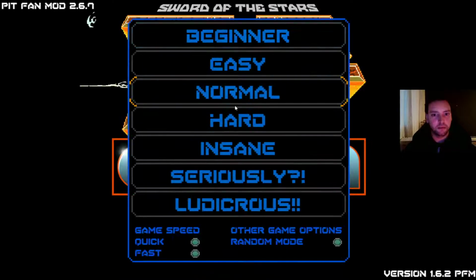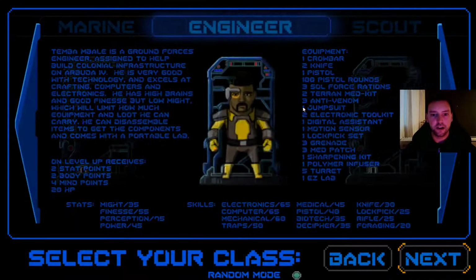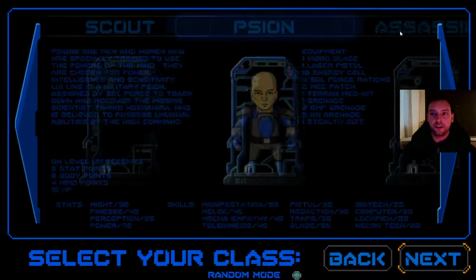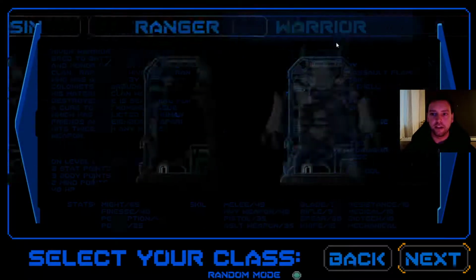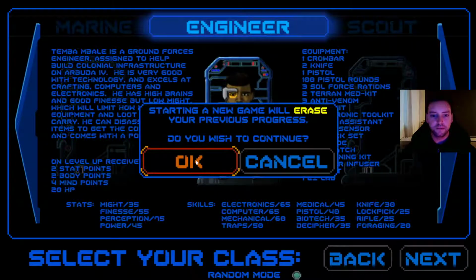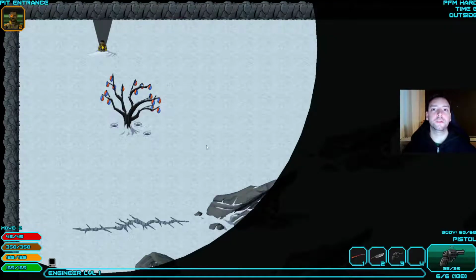Today we're going to be talking about the Engineer. We're going to go through all the human classes, and then we'll start going through some of the alien classes. But we'll go with the Engineer right now and tell you exactly why. I think he's really good. He's got some strengths over other characters, but he's definitely one of those characters that gets a lot of levels